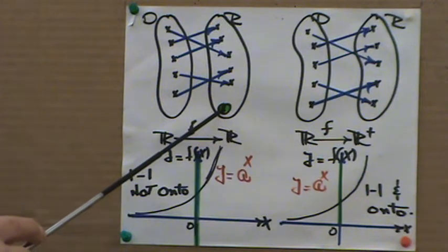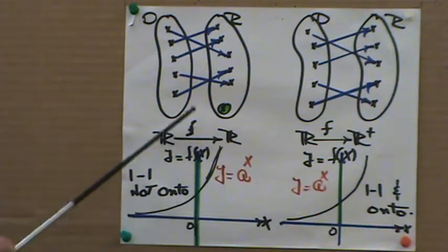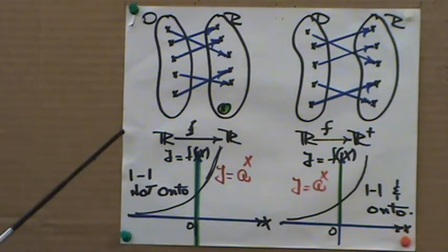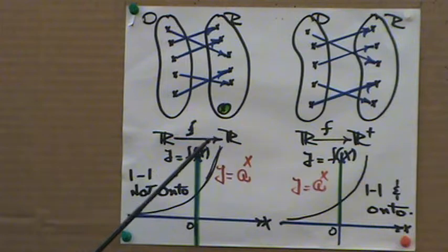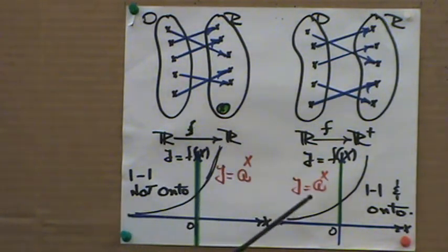There are elements in the range that have not been used. As a matter of fact, almost half of them, more than half, have not been used. Only half of the elements in the range have been used in this graph. So this is called an into mapping. All right? Now, in contrast to this graph, you see that exactly the same,